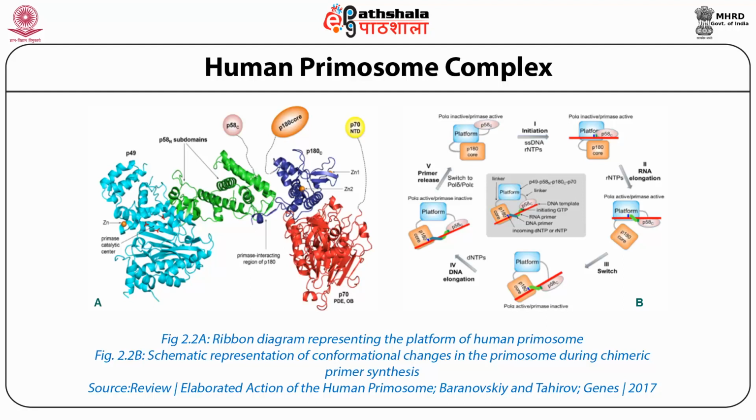The main DNA polymerase switches and replaces the primase, where polymerase alpha becomes active and primase becomes inactive. DNA elongation continues while pol alpha remains active and primase remains inactive thereafter. Finally, the primer is released by removal of the RNA primer, and pol alpha continues to synthesize the DNA strands. This occurs continuously on the leading strand, but in the lagging strand, this sequence of events is repeated in multiple cycles, forming multiple Okazaki fragments.